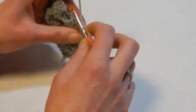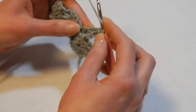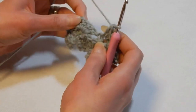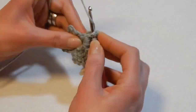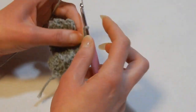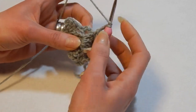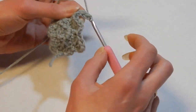And then I'm gonna show you how to close the work if you don't like the way it is. So you move to the next, you skip the next 2 double crochet, and in the third you're gonna do a front post single crochet, chain 2, yarn over the hook, and in the chain 2 space here, this one, we're gonna do 3 double crochets. So 1,